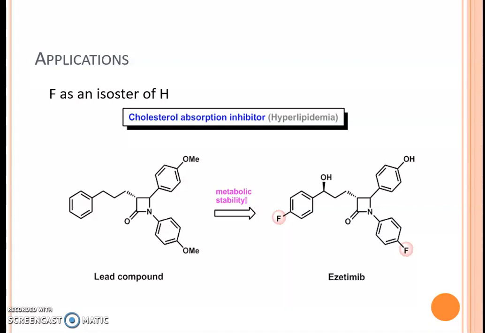F is an isoster of H. Now see the lead compound. It was used for hyperlipidemia, that is, to decrease cholesterol absorption. But this compound was highly unstable. So metabolic stability was conferred on the compound by replacing hydrogen on the benzene